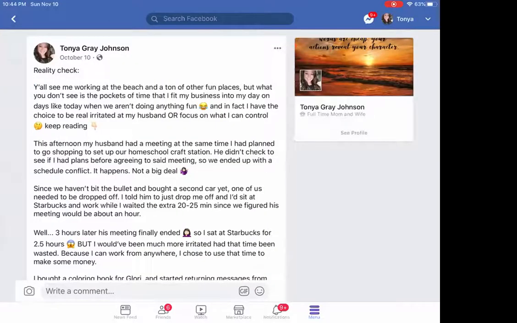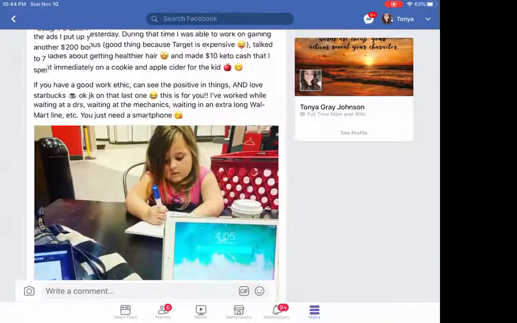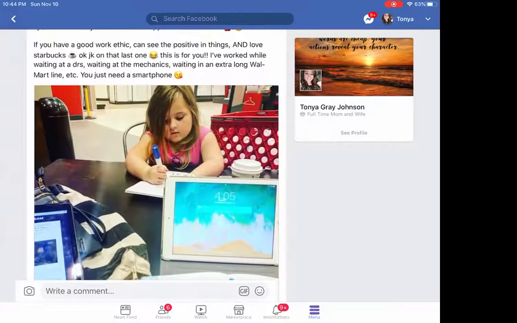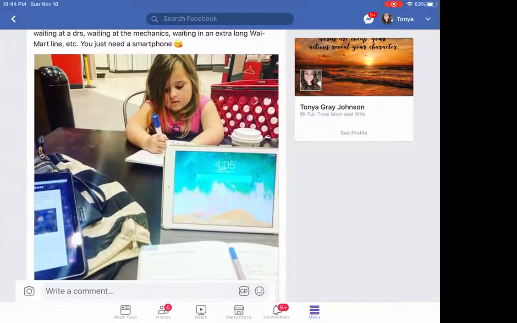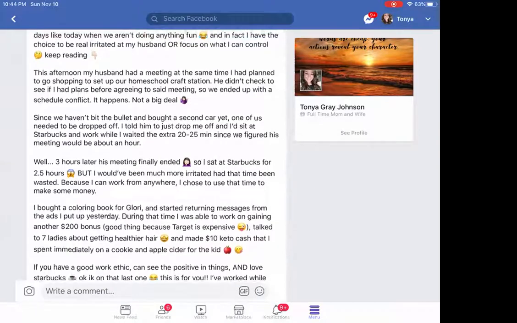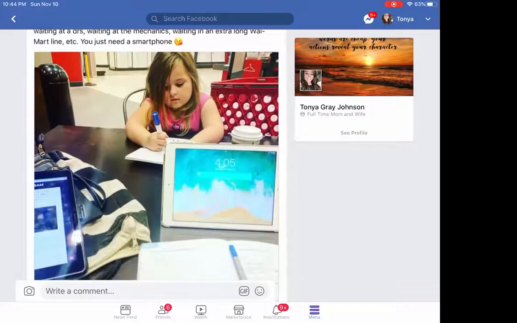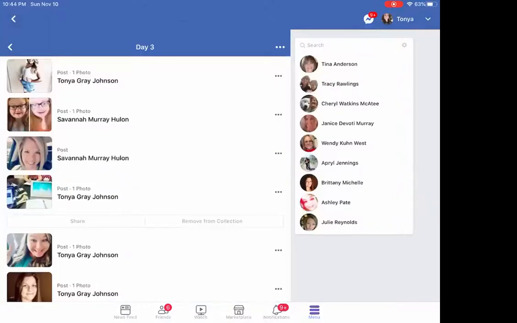Now, this is one that I posted to kind of show people what it was like in real life. I was stuck at Target for 3 hours with my 5-year-old, and I sat and worked because I wasn't going to sit there and be mad. There was no point. So I went and bought her a coloring book, bought us each a drink. She has an apple cider or something, and I had a coffee, and I sat there and followed up for 3 hours. And I just talked about how sometimes working from home isn't as glamorous as people think it is. But you know what? I'd rather be doing that than have my kid in daycare